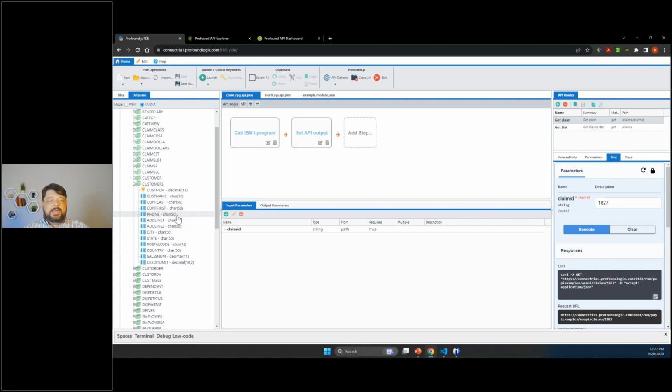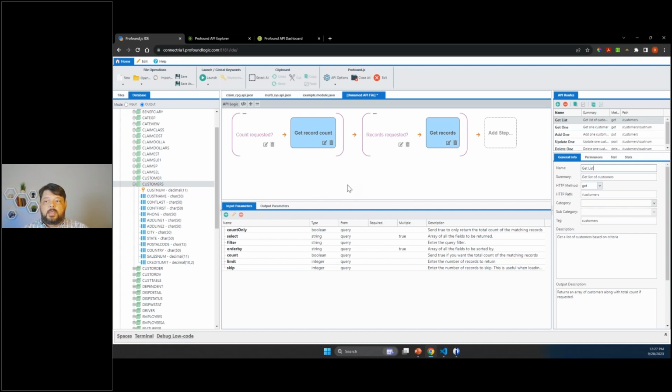Let's say I need to make the data in this table available via API. How do I do that? All I need to do is right click on that table and choose Build an API. It will retrieve all the information about that table and build out the logic and the interface for our API automatically.